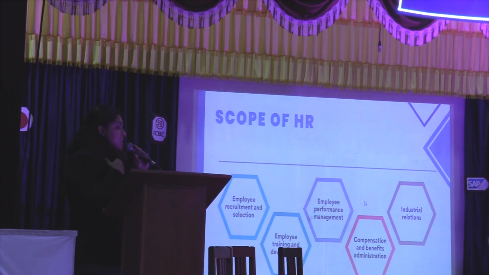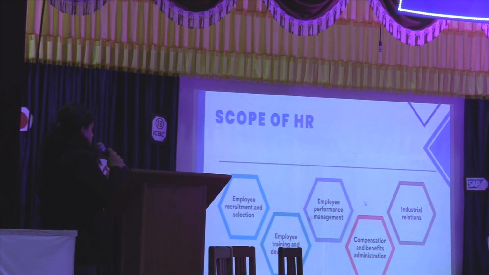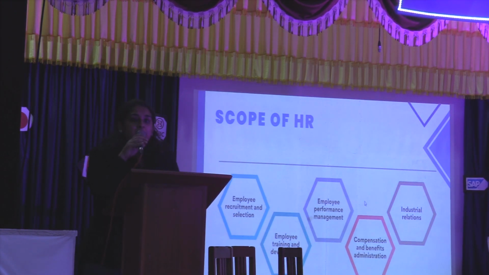Once that is done, the appraisal is done. This is a good management; employee performance management is a must in any organization. Then the compensation and benefits department. Compensation and benefits is the payroll and other benefits that the company offers. Payroll and operations is altogether another department of HR, where attendance is managed, salaries are calculated, and benefits like ESI, CPF and insurances provided to the employees are considered in this segment.